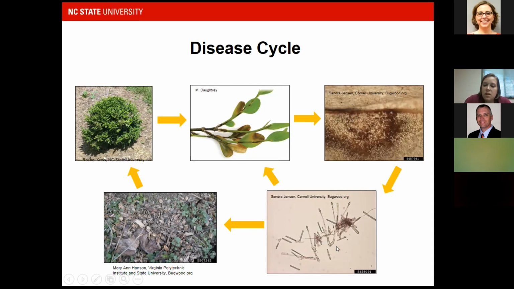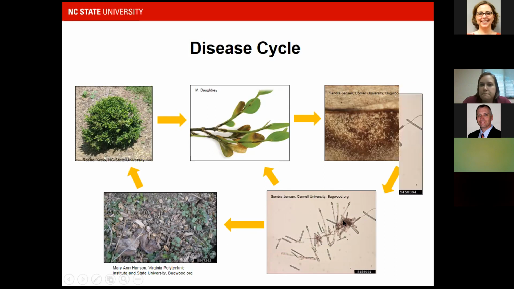If you zoom in even closer, when I look in the microscope, I'm looking to see these rod-shaped spores here for the boxwood blight. This is many, many spores, and this would be on one tiny lesion. So you can imagine if a whole plant has lots of lesions that are sporulating, that's quite a bit of inoculum that can be spread around. Then those leaves fall off, defoliate, and they can hang out in the soil. They'll also produce those sclerotia, and so the following season you would get the same